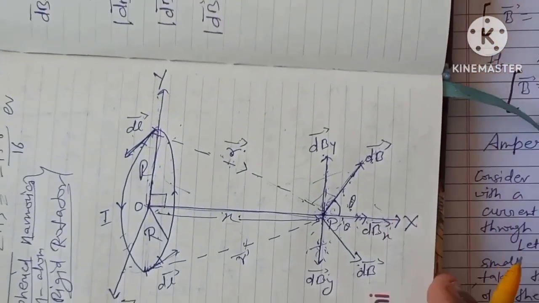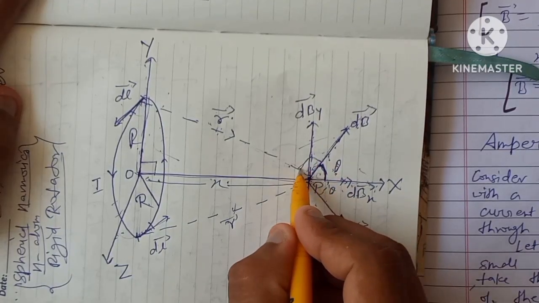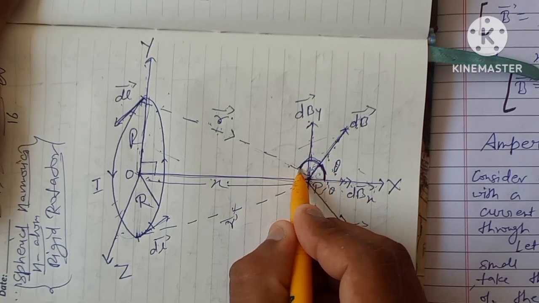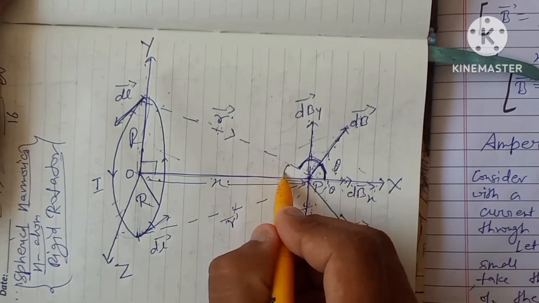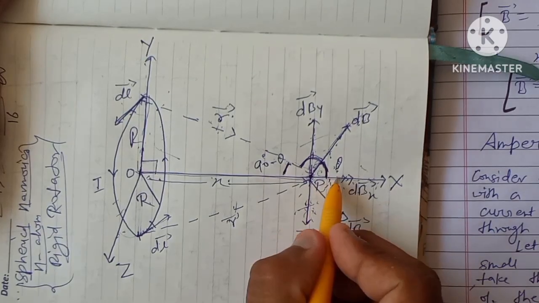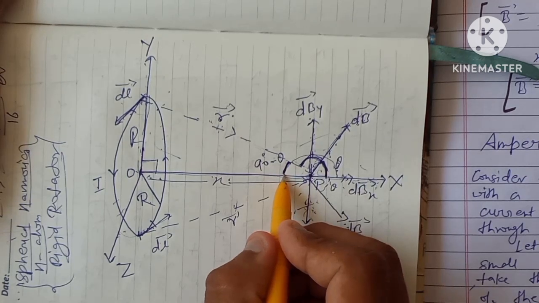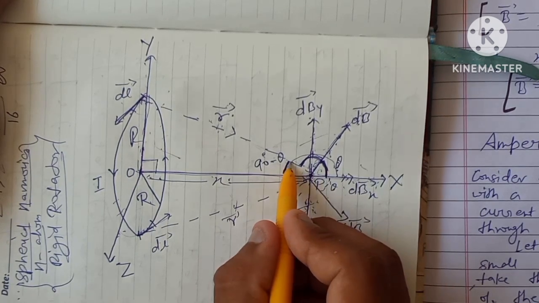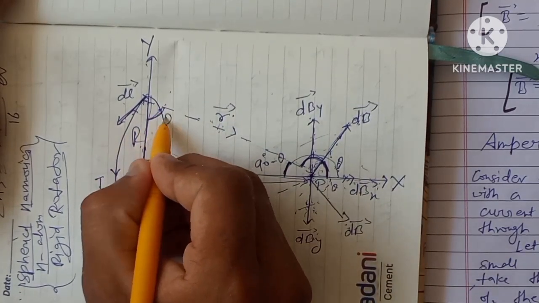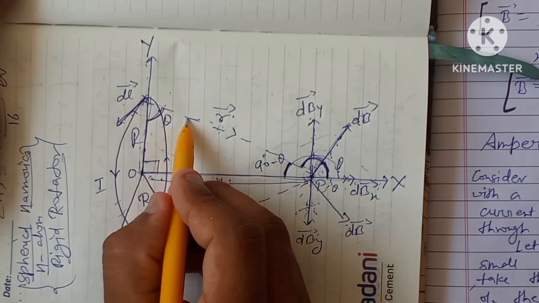Now again see the diagram. Here this angle is theta. This angle is 90. So this total angle will become 90 plus theta. And if I ask you what will be this angle, it will be nothing but 90 minus theta, because the total is 180, and this one is 90 plus theta, so this will be 90 minus theta. And if this angle is 90 minus theta and this angle is 90, so this angle will be theta. That is the angle between this radius and this r vector, that is theta.